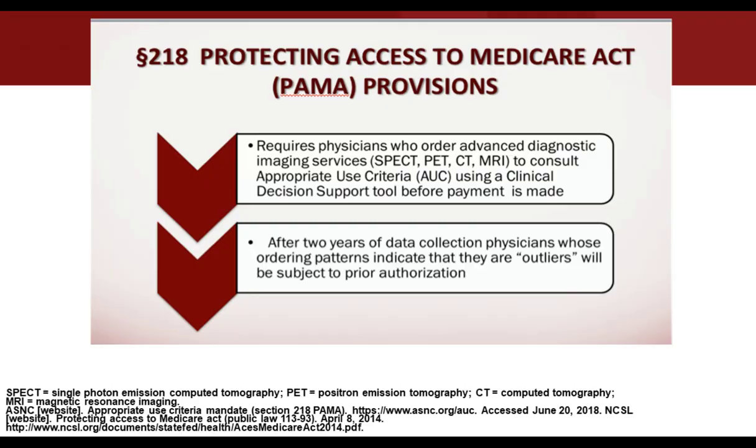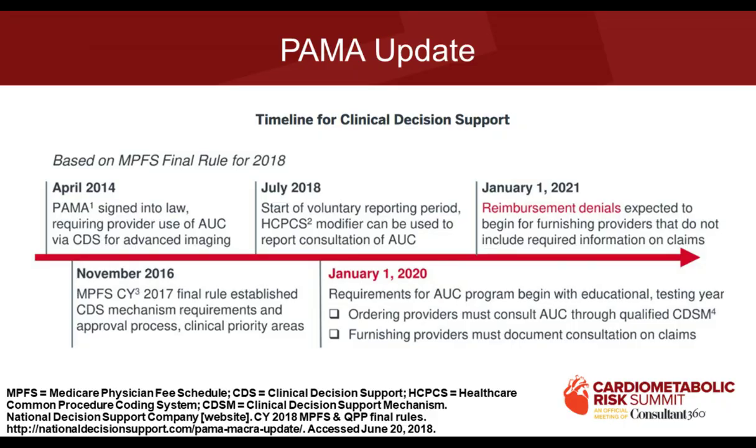Now, we've been able to put this off. It's supposed to go in January 2020. Originally, it was supposed to start in 2016. But we have fought because there are not tools out there to educate the primary care providers. And CMS doesn't even know how to put it into play. So we just wrote a letter to Congress and CMS last week. One letter had 30 societies led by the American College of Cardiology, the other one led by ASA, that's trying to get this delayed. But I wouldn't wait till it finally comes in front of you, because we don't know